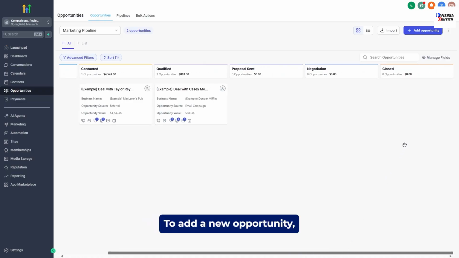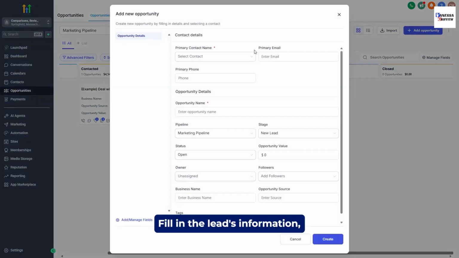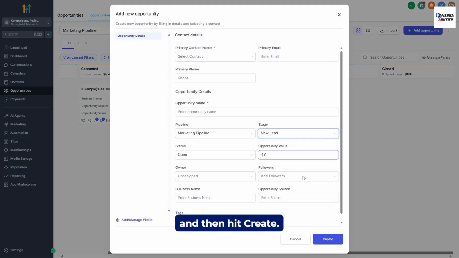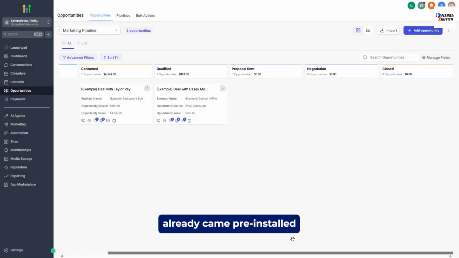To add a new opportunity, click the blue Add Opportunity button in the upper right-hand corner of the page. Fill in the lead's information, their contact info, the opportunity info, include what stage they're at in the pipeline, what their opportunity value is, and then hit Create. Easy as that. Since this pipeline already came pre-installed with this demo account, I'm going to show you how to